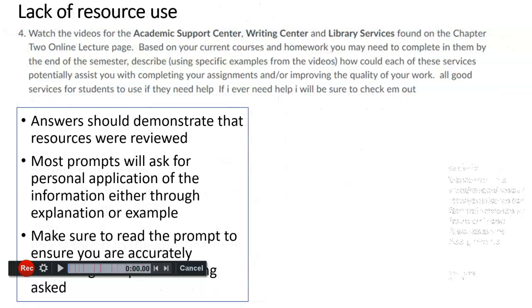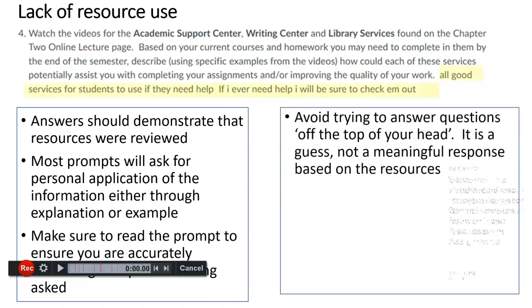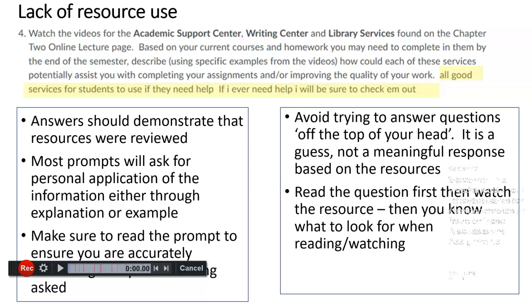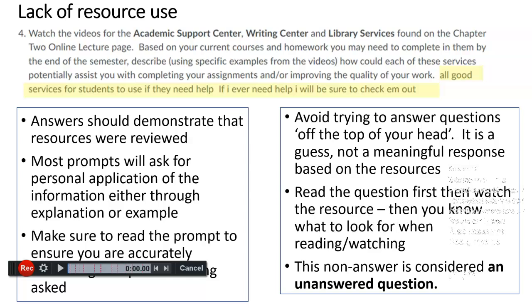Use links, videos, and resources provided to respond. Correct answers are found in those resources, and your responses should reflect their content and your application of that information. I suggest reading the question first, then reviewing the resources so you know what to look for to compose your answer. Just guessing the answers or putting what you think the answer is likely not accurate or does not include the detail necessary.